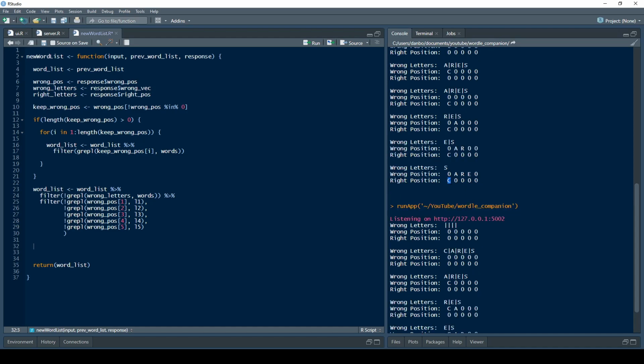So if I look up here, in this case, we would want to be adding the C to our right position to make sure that our C is in the first spot. So what we can do is, again, up here, we created a right letters value, which is just the entire vector from our response of right position. And we can say if the right letters in the first entry is not equal to 0, so we added the not before our right letters, then